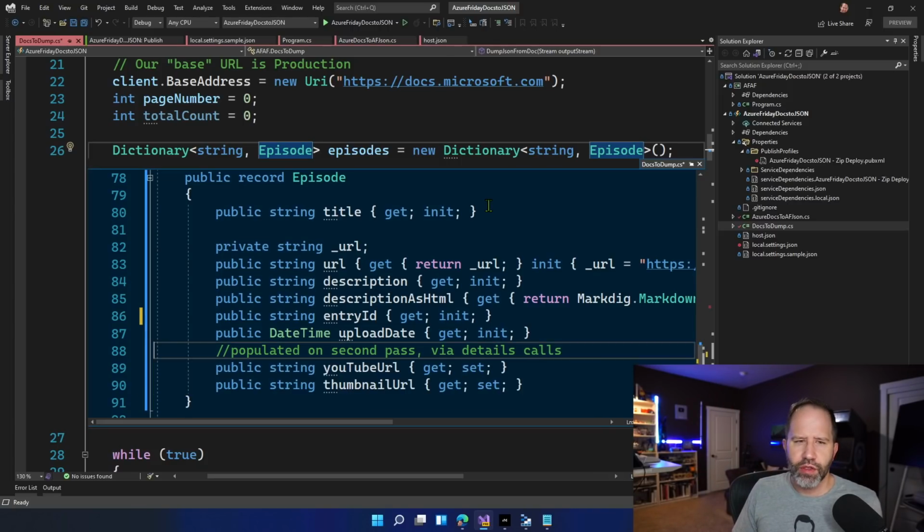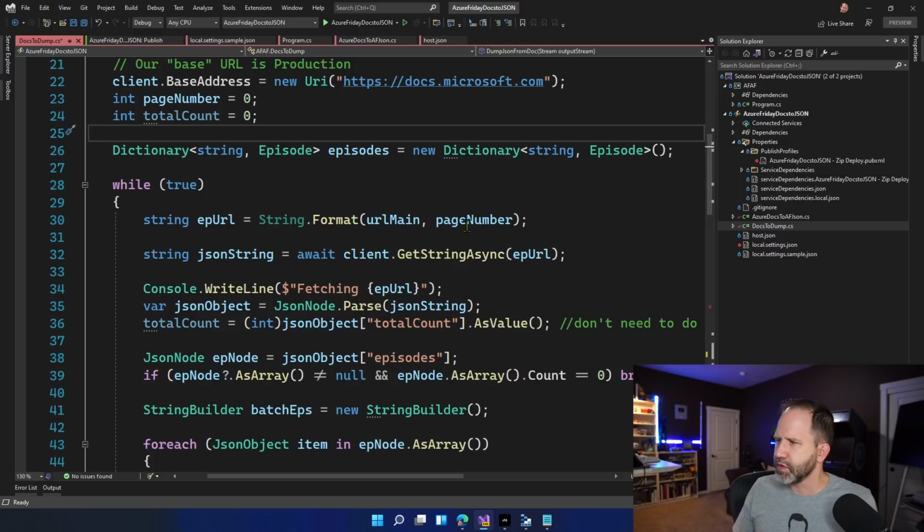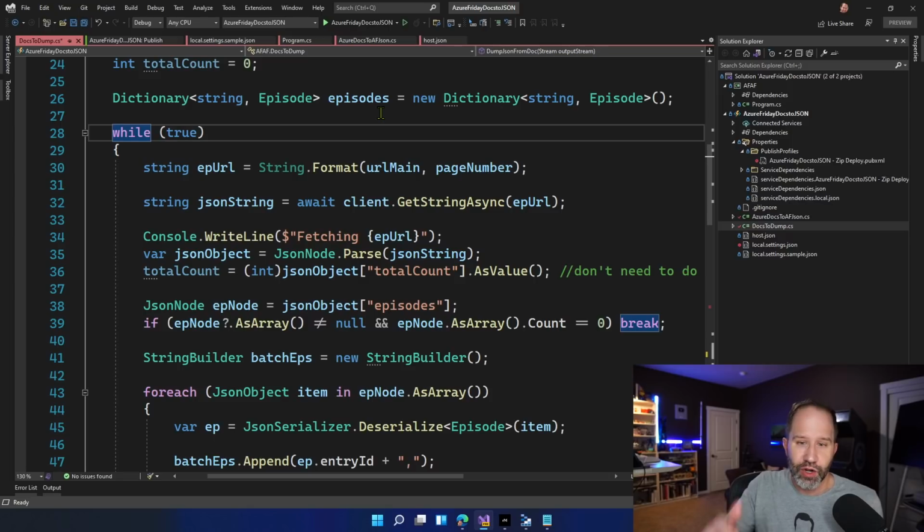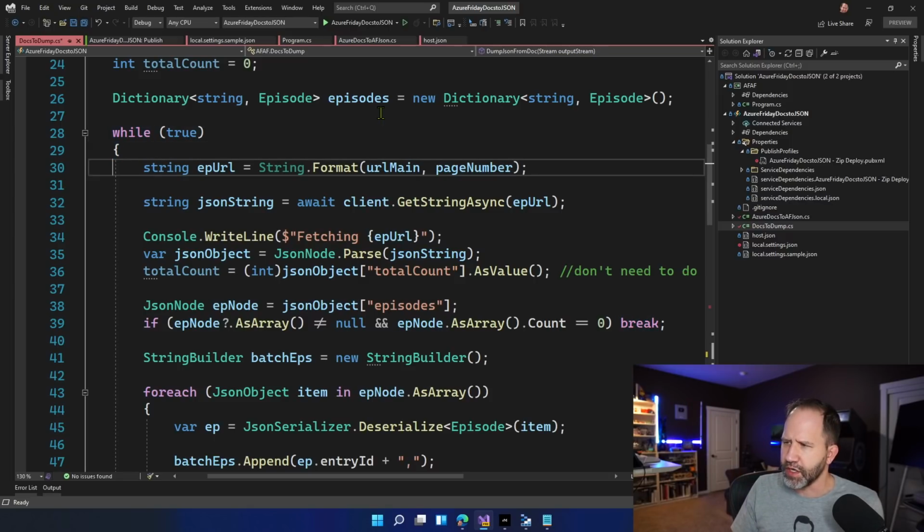And then we have to go and run through later and then fill in the information we couldn't find before. All right, let's go ahead and close that. So this is an interesting way to do things. While true, meaning for some unknown amount of time, who knows how long this is going to take, we'll start